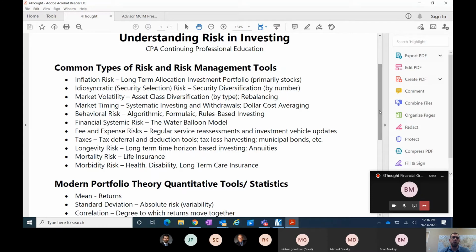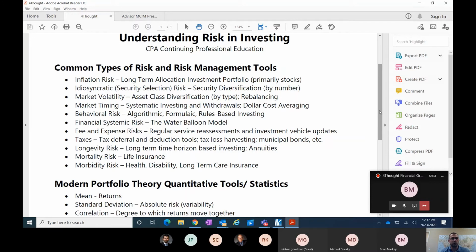So one way you can reduce the market volatility associated with those types of stocks would be to build in more types of stocks, and not just more types of stocks, but more types of other assets like bonds,